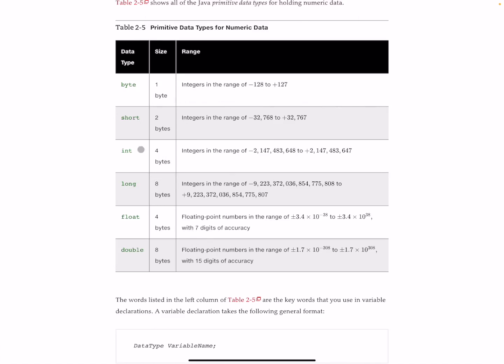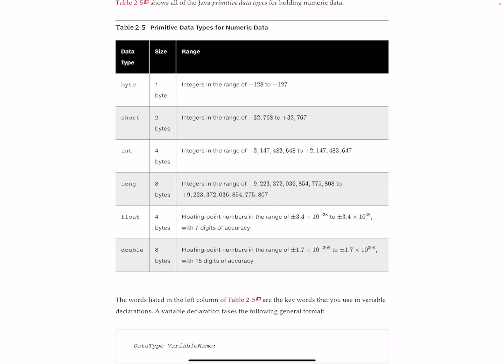A short is larger than a byte. You can see it takes up about twice the amount of storage space, and it is much larger in terms of the range of numbers that you can use. However, again, you're probably not going to use those. For the most part, when we are working with a whole number, you are going to use an integer, so an int data type. Yes, it's true, it uses 4 bytes of storage,